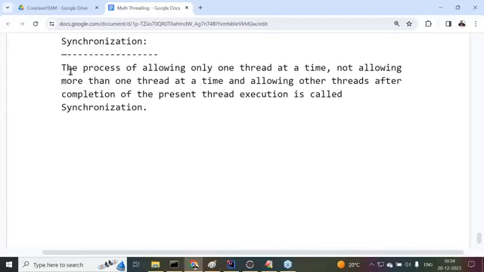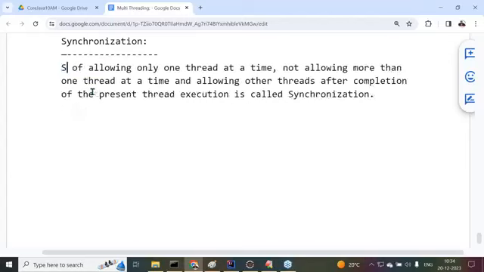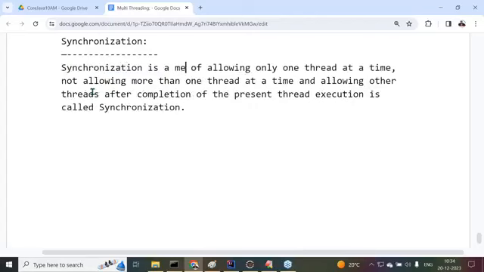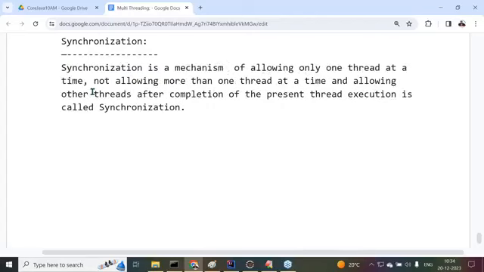Right, sir. Now, just the process of allowing that. Before that, instead of saying the process here, what I am telling you is a mechanism. Basically, synchronization is a mechanism of allowing only one thread at a time, not allowing more than one thread at a time, and allowing other threads after completion of the present thread execution.